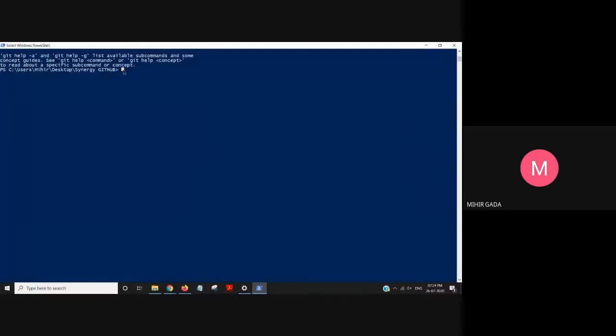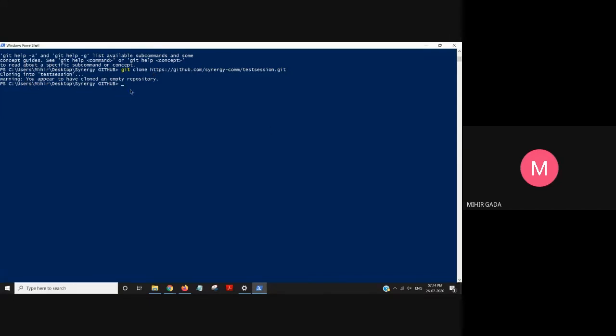Now I type git clone. Clone means it will copy my repository here. I paste my link and press enter, and it will copy my complete repository. It has given me a warning that the repository is empty, so no issues.